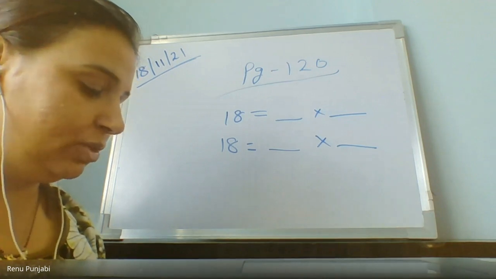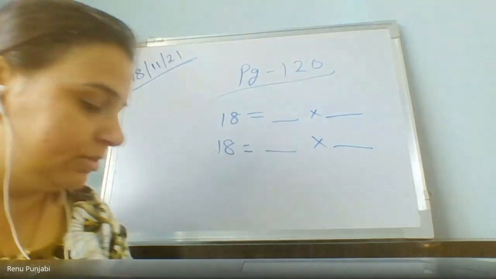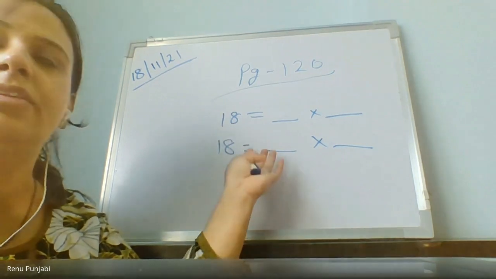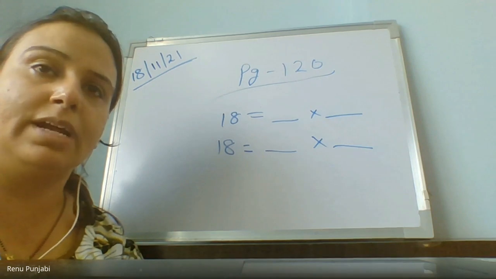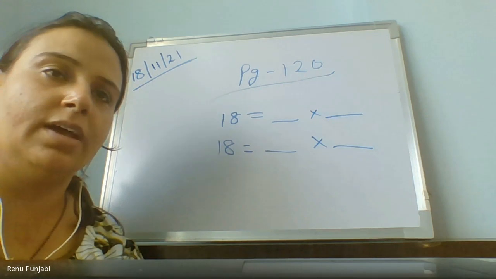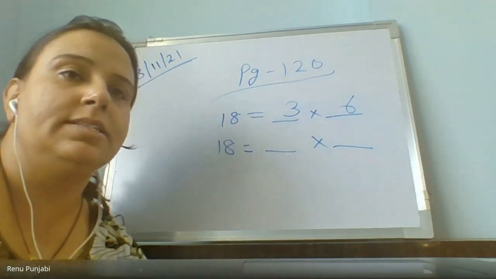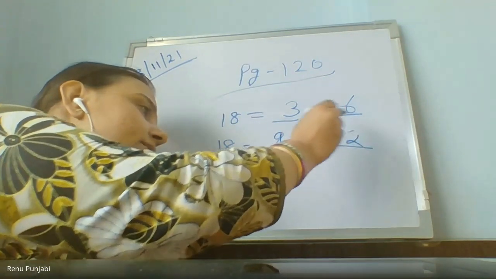So there is dash rows with dash plants. How are you going to fill here? Because you can get the product 18 in different ways. Which two numbers multiplied will give the product 18? Ma'am, 6 threes are 18. Yes, Viva. 3 sixes are 18. 3 multiplied by 6 is 18. 9 twos are 18.